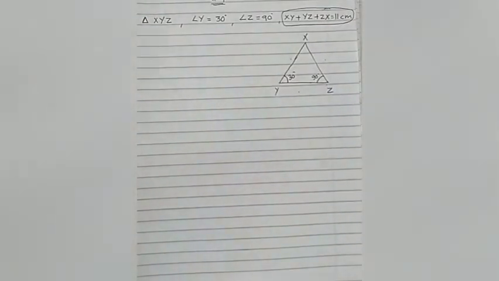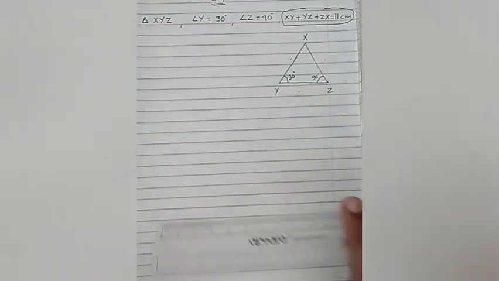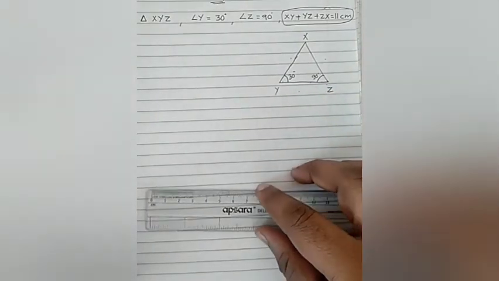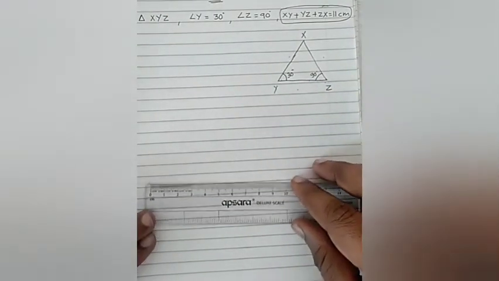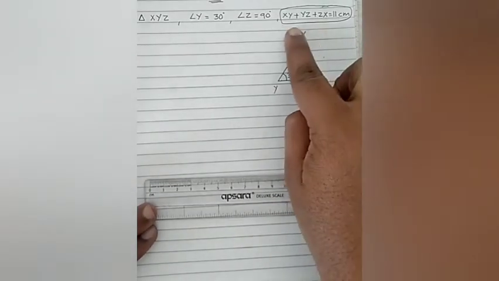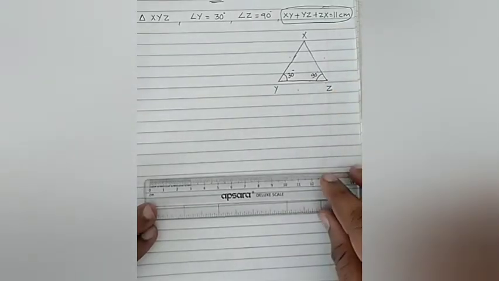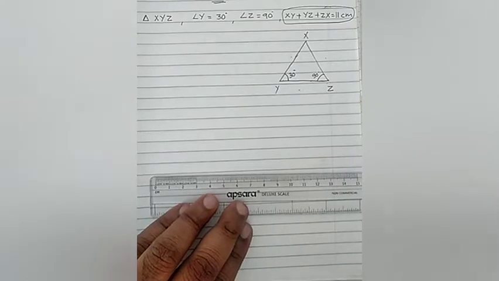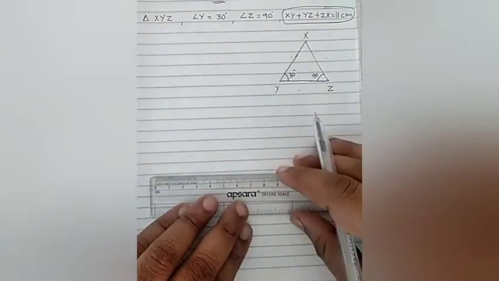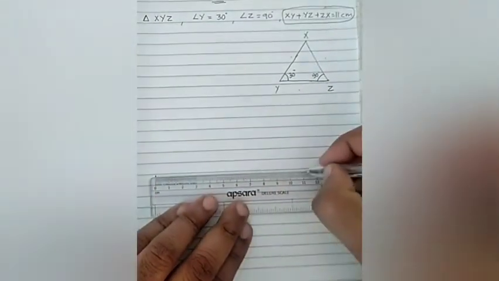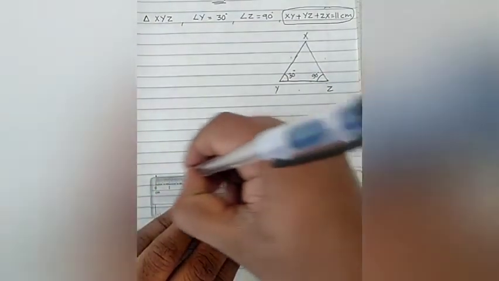Now, what you have to do in this case is, step number 1 is to make a base. See, YZ, the length of YZ is not given. So what shall we begin with is, we'll make a base which is equal to the perimeter of the triangle. That is 11 centimeter. Okay. So that is the first step that I shall go ahead with. So this is going to be my 11 centimeter base.